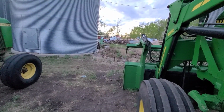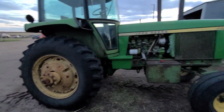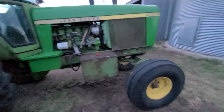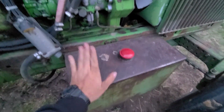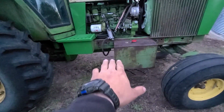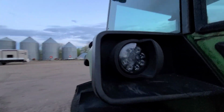Hey guys, how's she going today? Well, a little bit later on in the day where I left off from the last video, but thought I'd show you Twan's 4430 real quick. He done a bunch of work to it here while we were away, and it was raining. This is the belly tank from the 4630. He put that on there, and he can still run his blade with it because it's real shallow, so that's nice. Tiger LED lights on her,